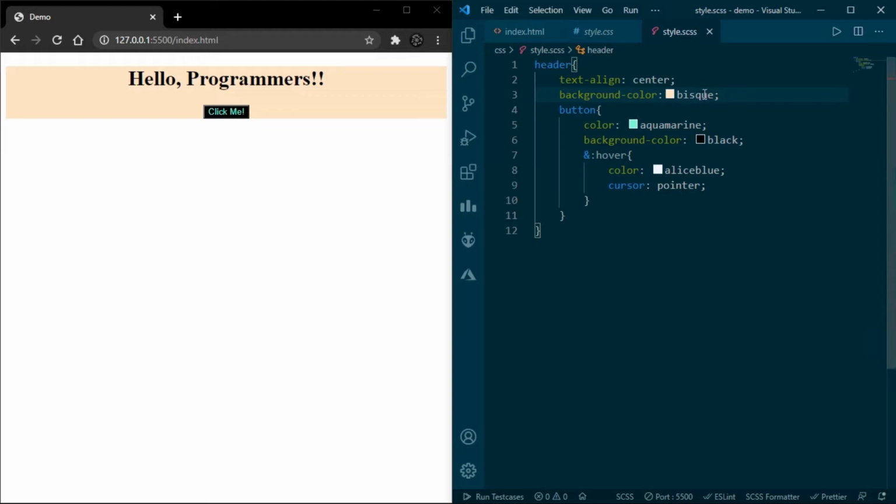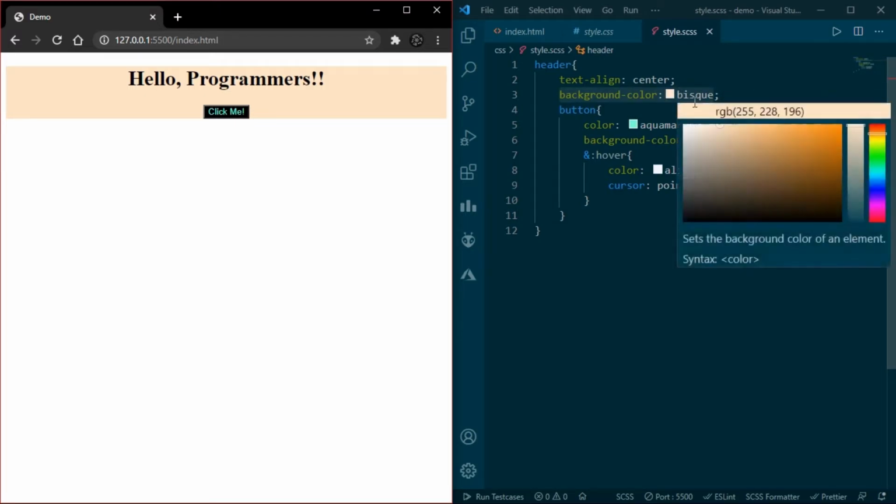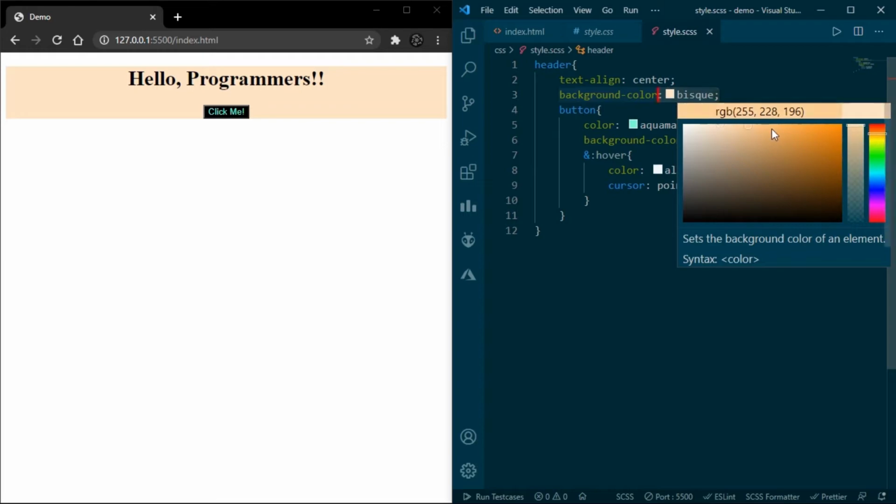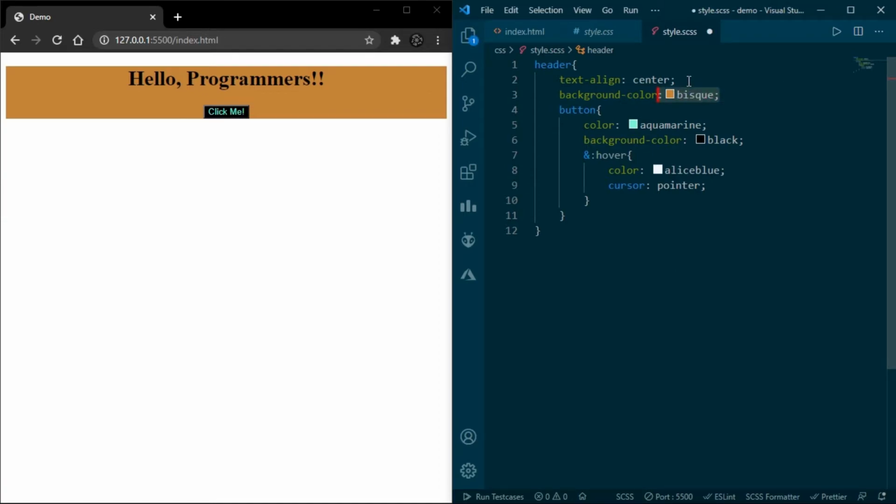What I will do here, now I have set the background color, and suppose we have thousands of lines of code where we are using this color, and suddenly your client wants to change this color from this maybe to this color. Here we can change that easily because this is appearing once. But what if you have to change that color in thousands of lines of code multiple times? Then probably you're not going to do that particular work, right?